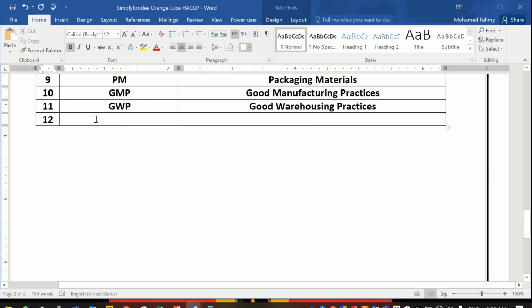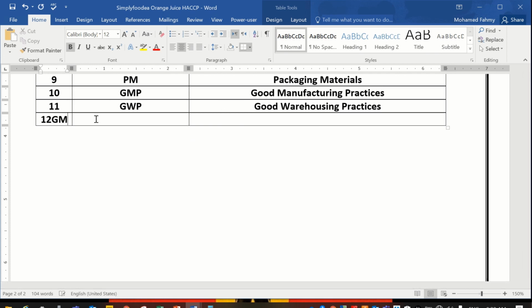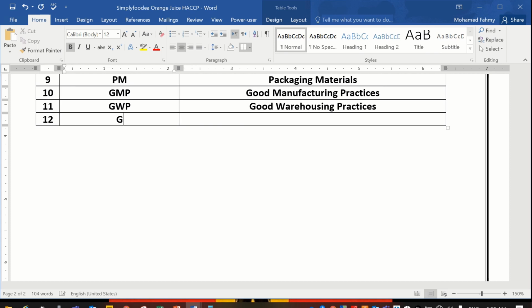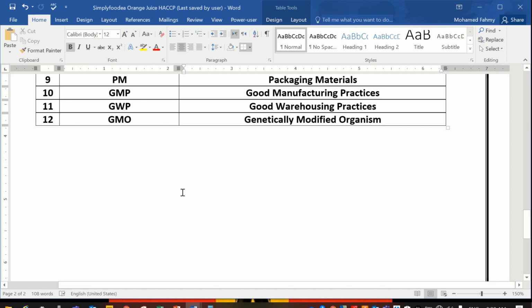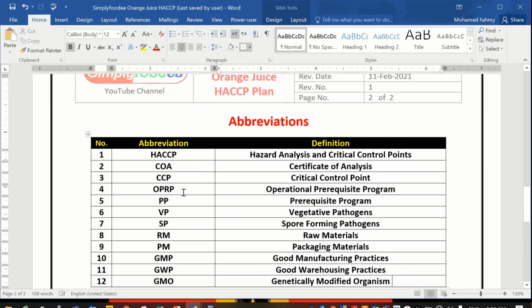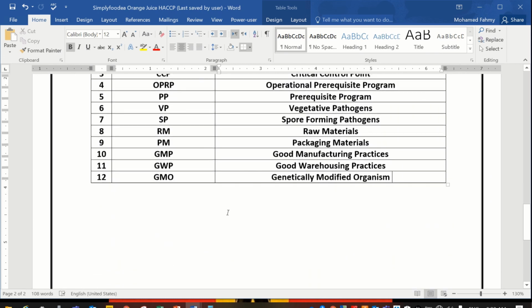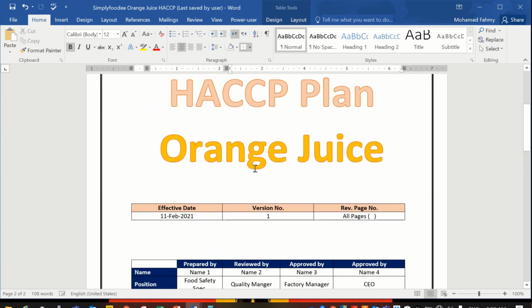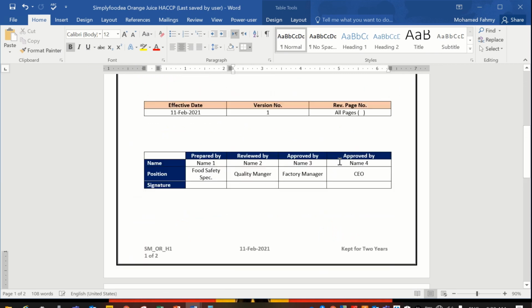Number 12, GMO, which is genetically modified organisms. Control S. So these are the most important abbreviations here. The most important abbreviations in the HACCP plan. The first page, the second